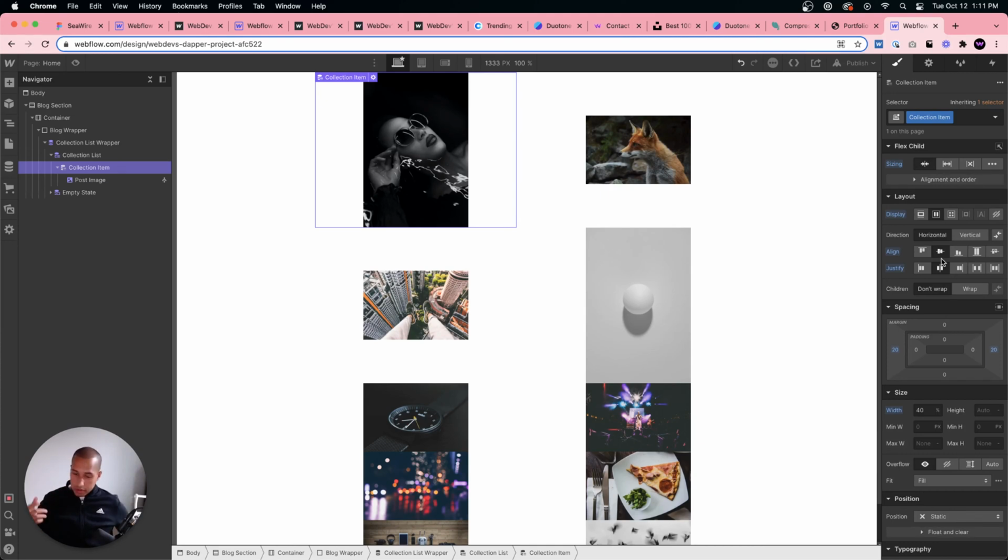The way to do it is to get the vertical proportions you want for the image initially, and then add it to the collection item, or reference it in the collection list, and then you can still make it responsive.